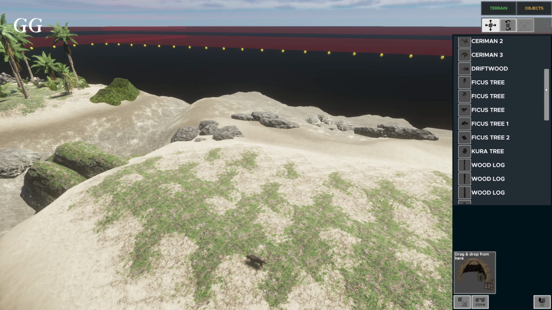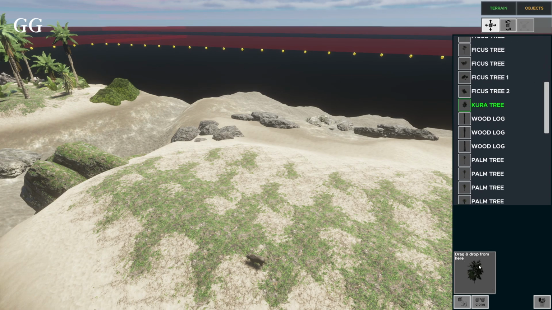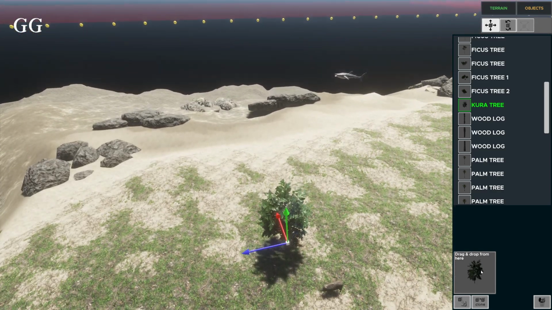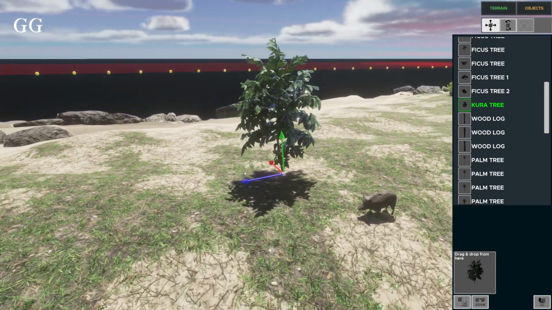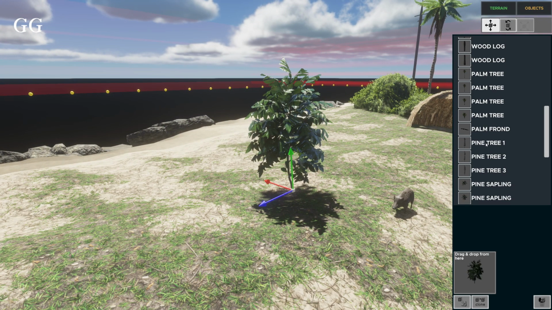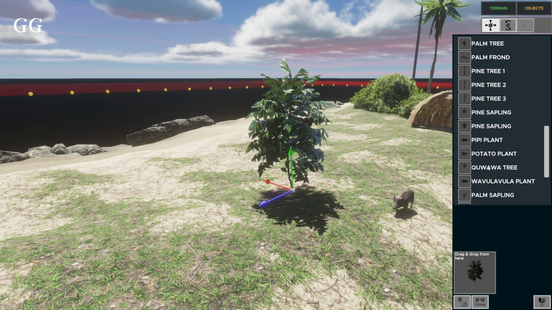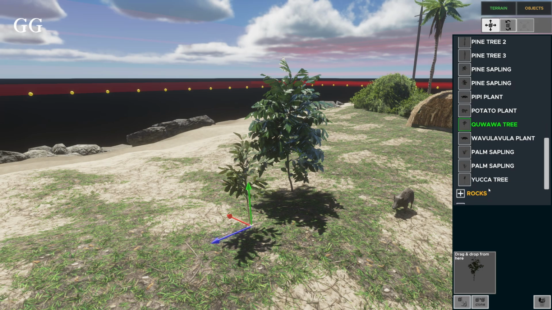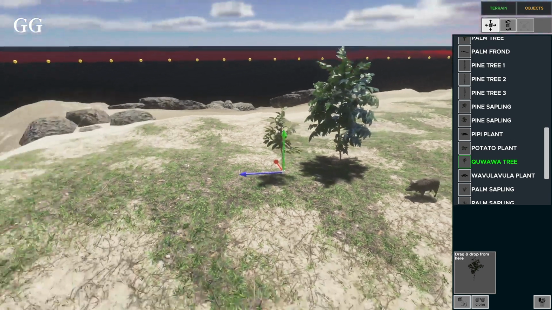What is the name of the tree? Is it this guy? This guy has the fruit? Let's take a look. I think it's that one, because it's not the palms. Or is it this guy? I don't remember which one it is. Either way,